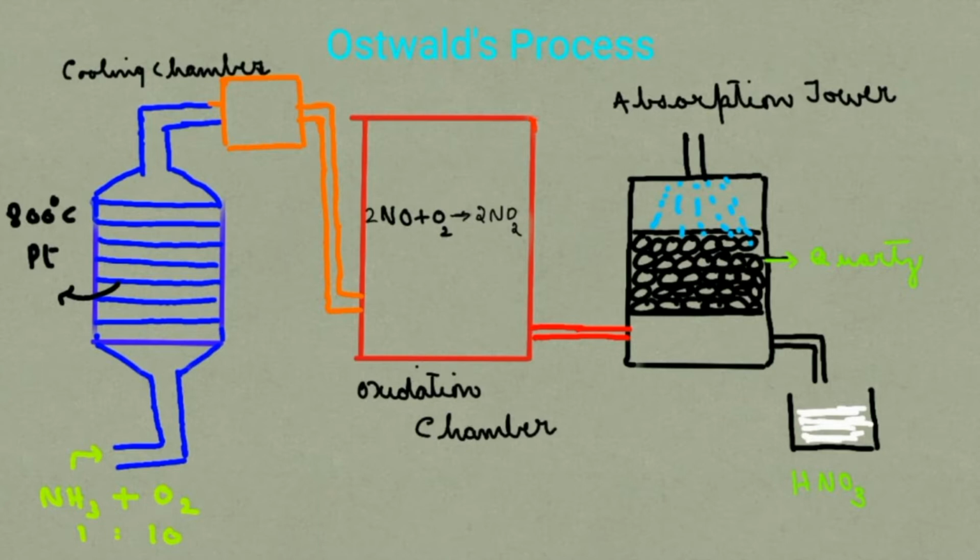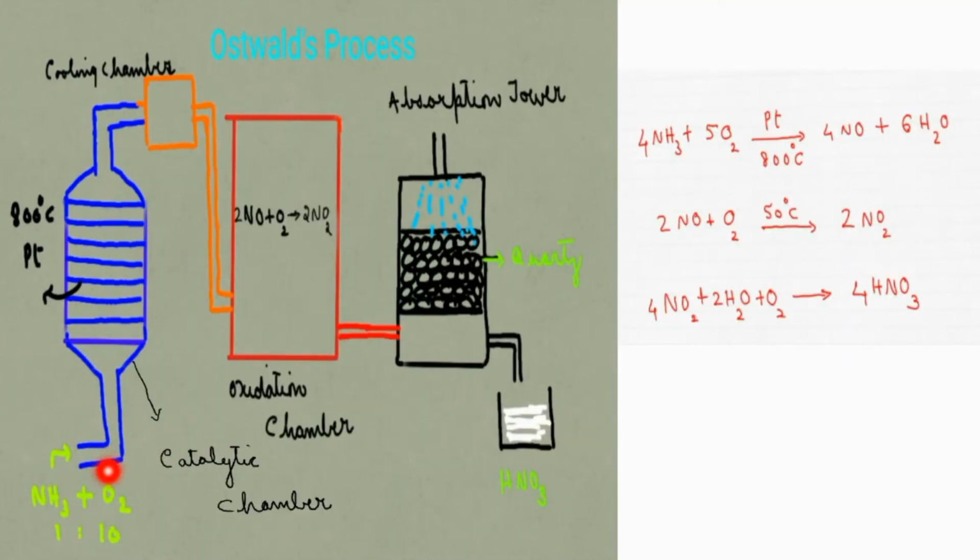We will discuss that also. So first, think about what is required to prepare nitric acid. We need ammonia and excess of oxygen. There are three steps involved in the process. What is the first step? Ammonia will react with oxygen in the presence of a platinum catalyst at about 800 degrees Celsius to form nitric oxide and a little bit of water. Where does that reaction happen? That reaction happens in the first chamber. This is the first reaction.